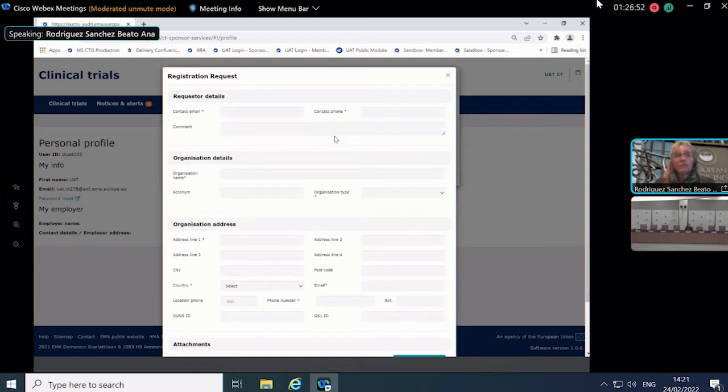So you will be able to proceed, but at the same time, the organization management system will validate that information. And if everything is correct, they will include it in OMS. And if not, they will come back to you. That's why you will have to provide some details, as you can see in this form. So if I select this one, let's see if it's populated.